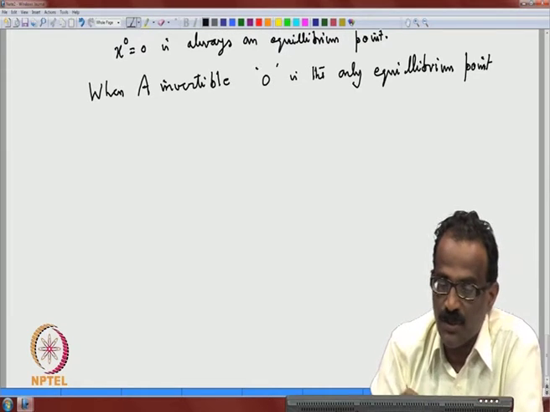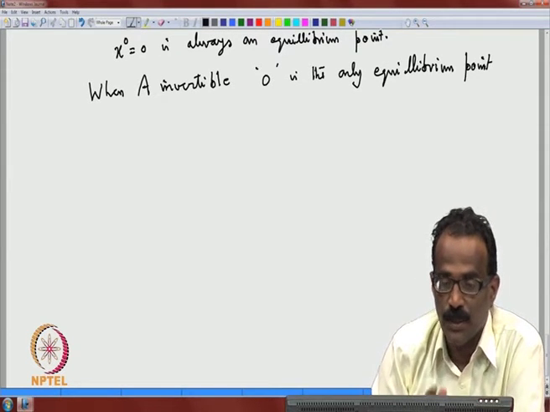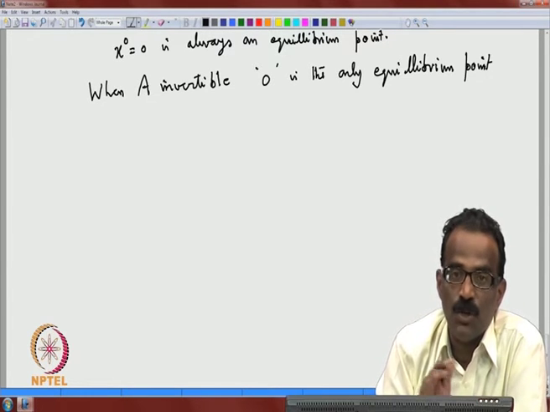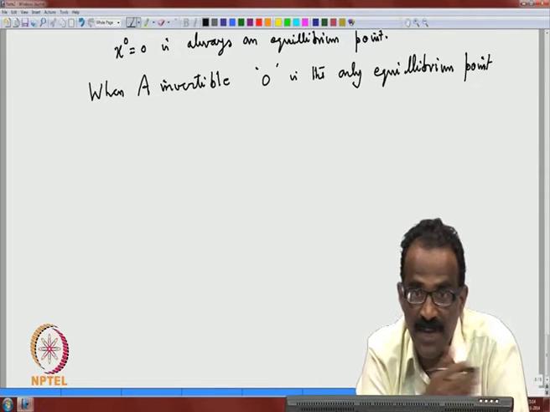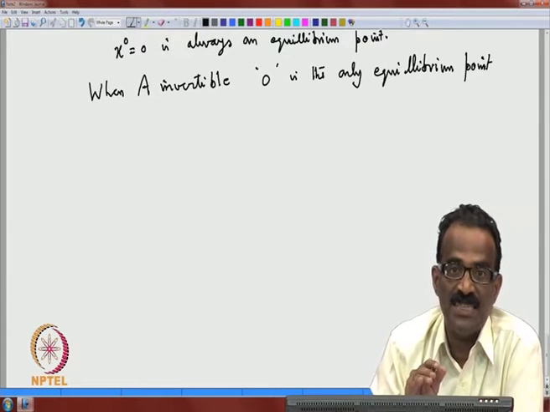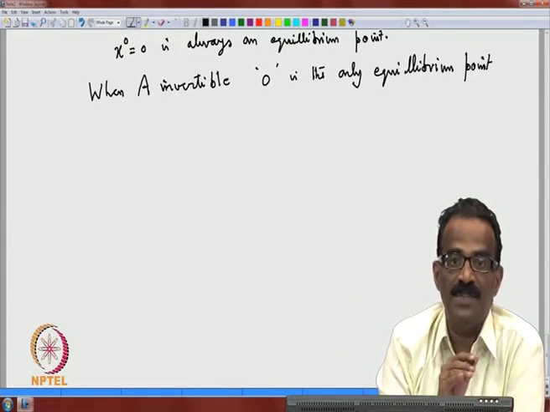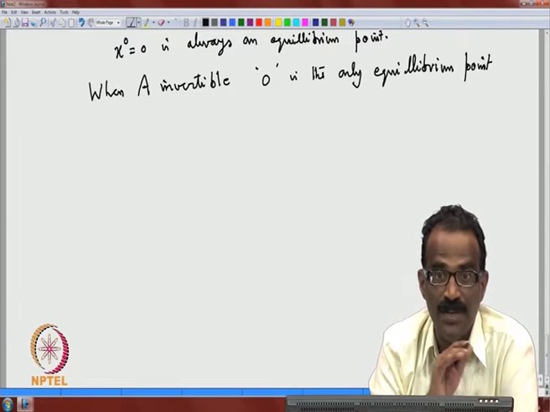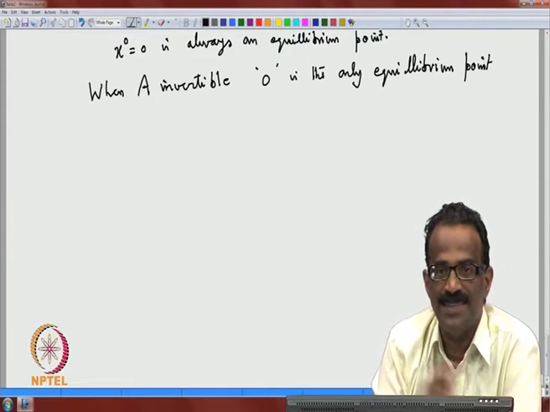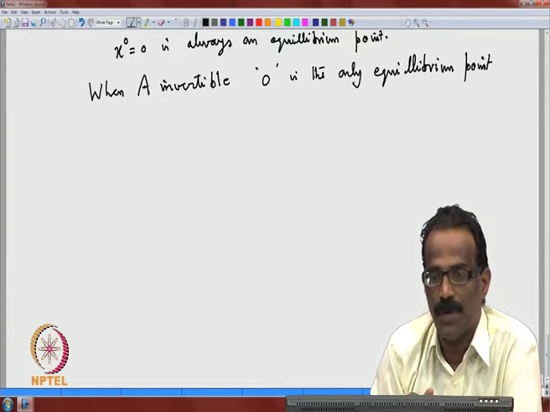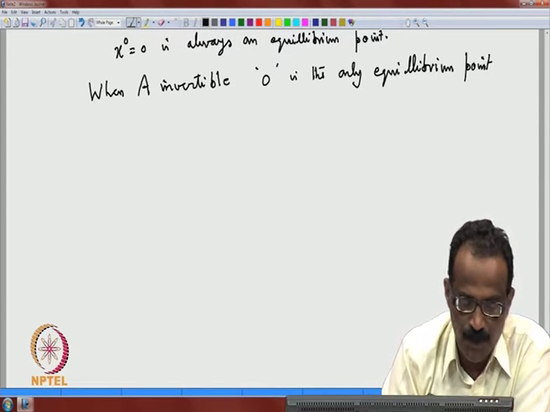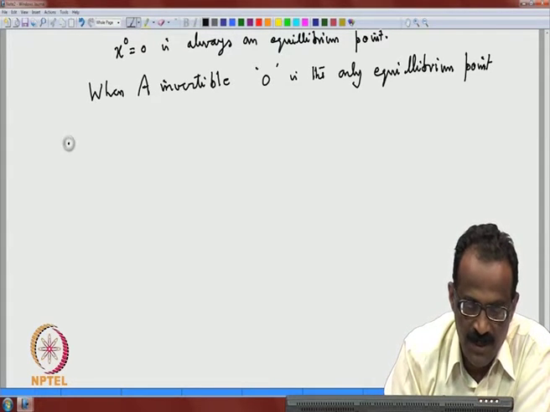The second point, so this is about the equilibrium point. Initially we will give a few examples even when A is not invertible, and then you can see the various equilibrium points and how the solution behaves. Our more interest is when A is invertible. In that case we have only one equilibrium point, 0, and we are going to study the stability analysis near the equilibrium point. Okay. This is the first point. Second point of interest,